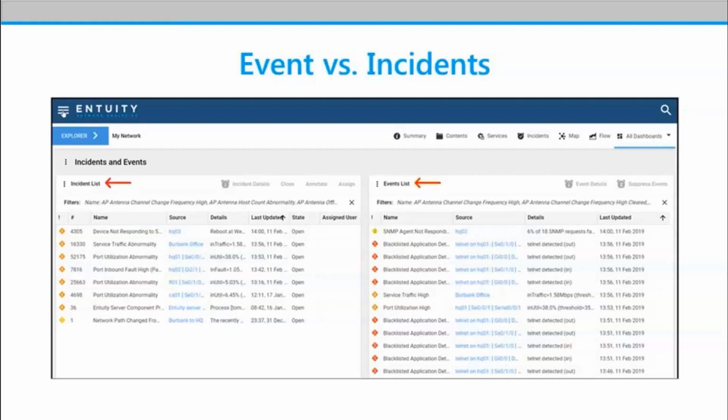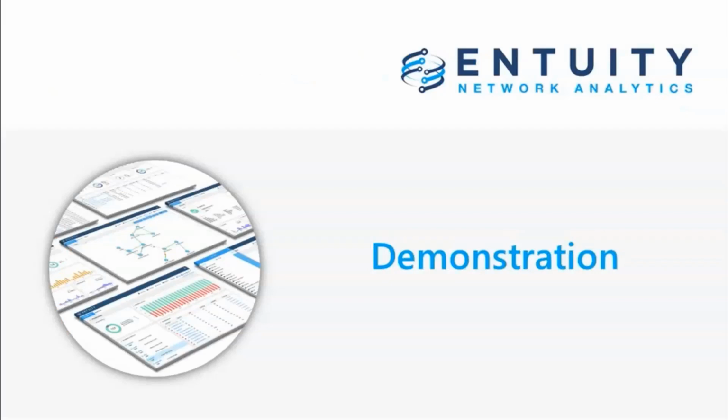You can see here in the left pane the number of incidents. That's how many times that incident has been received. So if you look at the first one, it's a device not responding to SNMP message. That incident has occurred 4,305 times. So rather than, if you go into the event log, you'll see that event 4,305 times. But because the incidents maintain state, what you'll see is a single incident and the number of times that has occurred. And with that, we're going to transition right into the demonstration, and I'll hand off